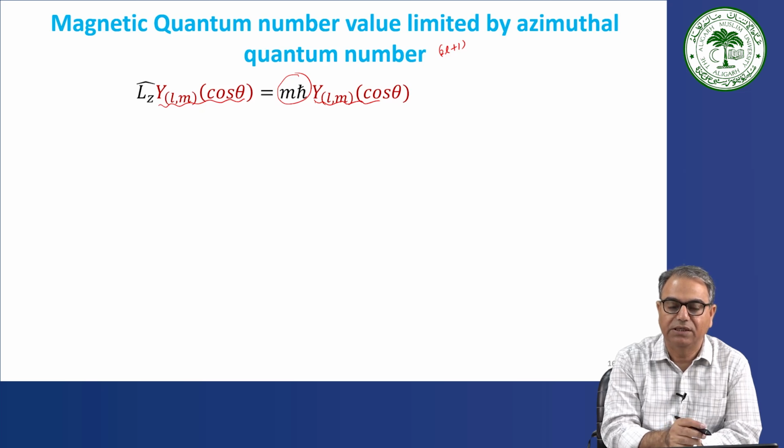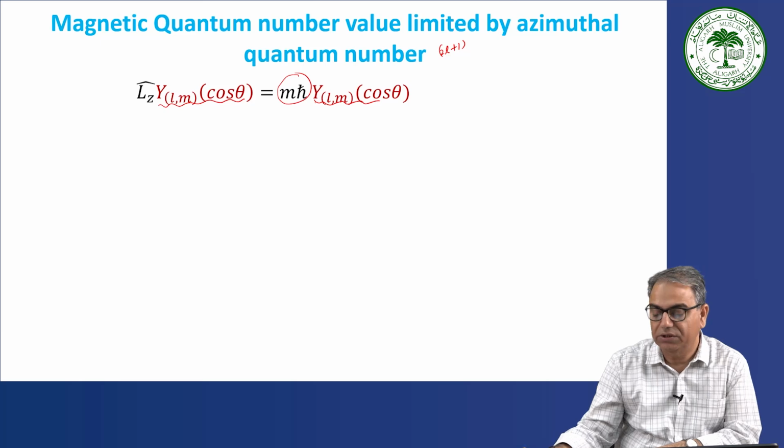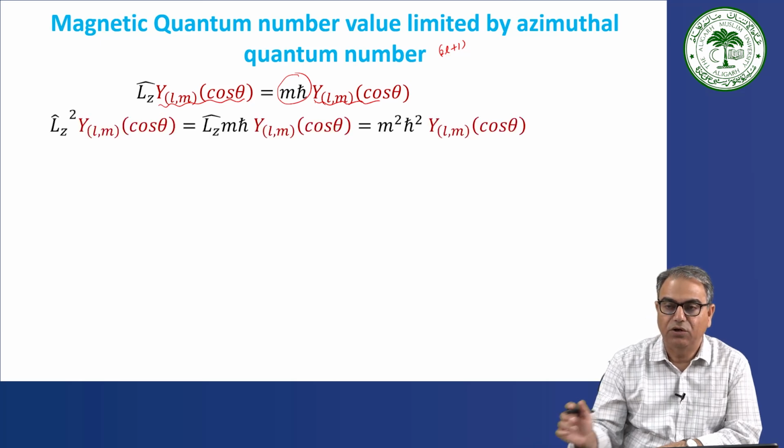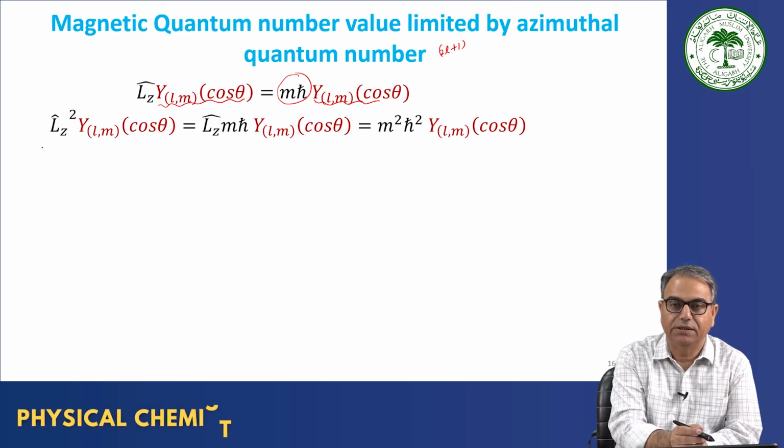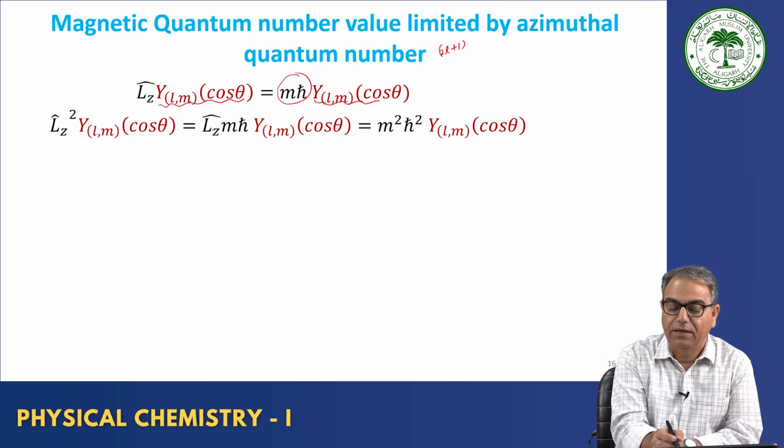Then I talked about the Lz operation on the functions. This equation is known to you. Then when you operate Lz square, what will it give you? Lz square means operating with Lz twice. So Lz square Ylm(cos θ) will be Lz, and again Lz Ylm(cos θ),